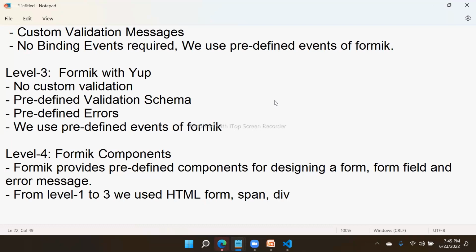To show error messages, we used form, span, div. For fields, we used input, select, and all these things from level 1 to 3. But now Formik provides